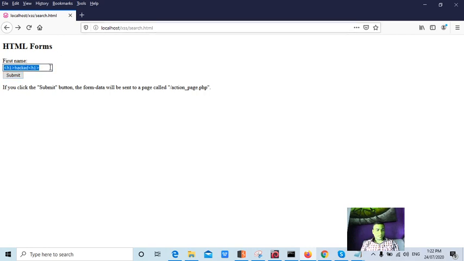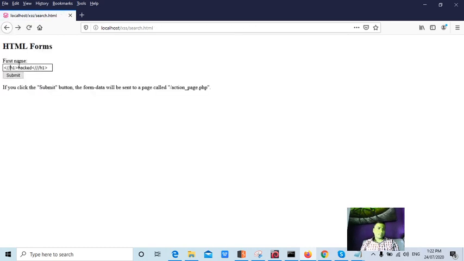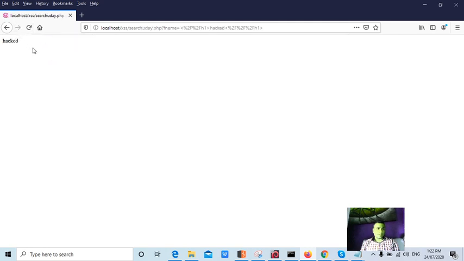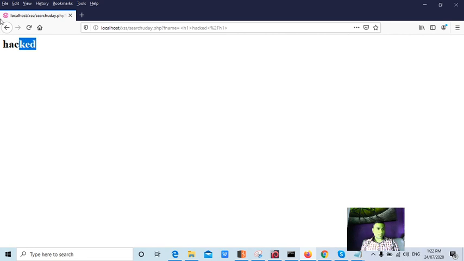Let me show you. The tags will go inside the HTML source itself, and it looks something like this. The tags will not be executed, or else in the response you could see the complete input. Whatever you entered you could see as it is, but the tags will not be executed. If it is vulnerable, then it will be something like your text will be in bold. This is more than enough to check, guys.